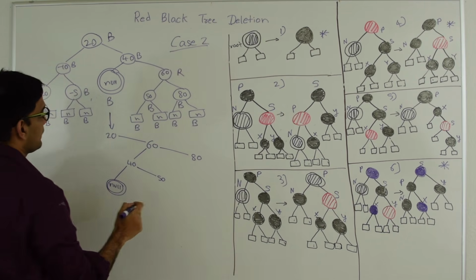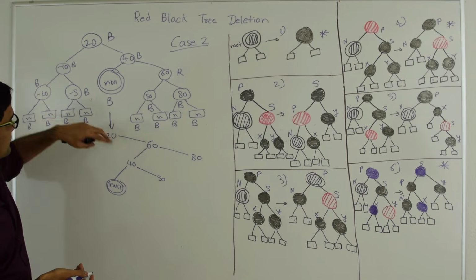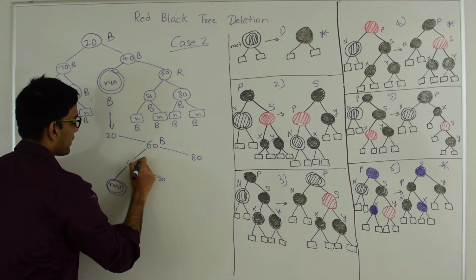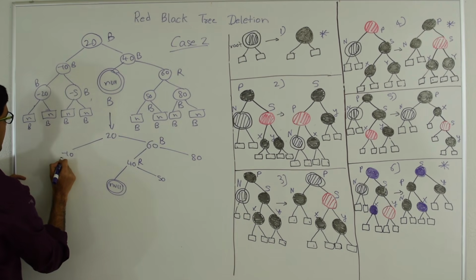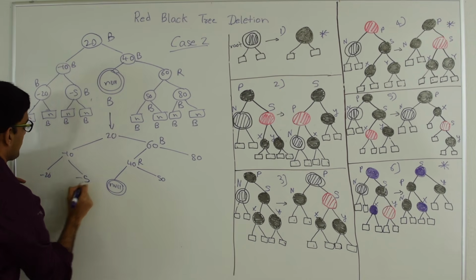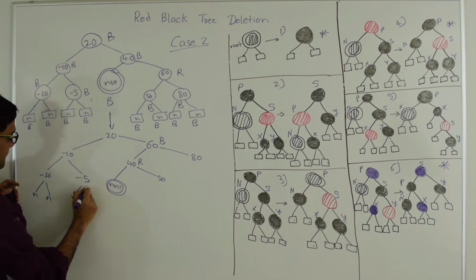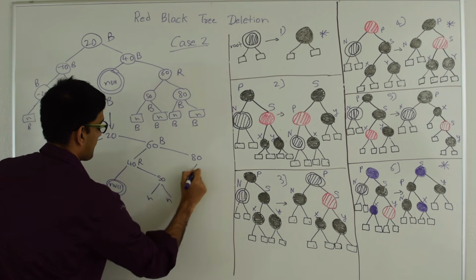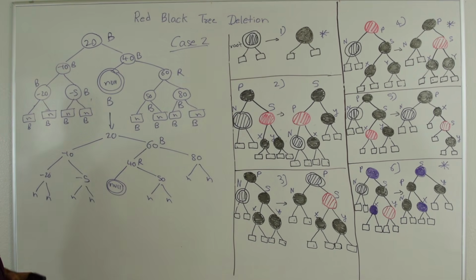And then, after this, the colors of 40 and 60 will be exchanged. So 60 will now become black and 40 will now become red. And the rest of the tree will stay the same. And all of them will have null nodes under them. So after we are done doing this transformation,